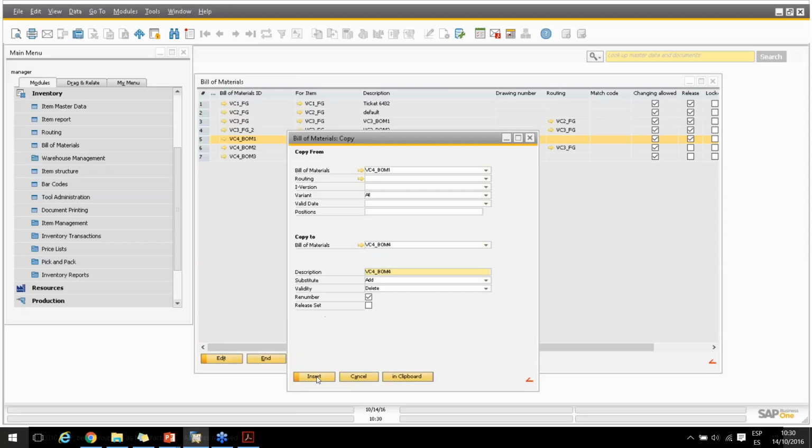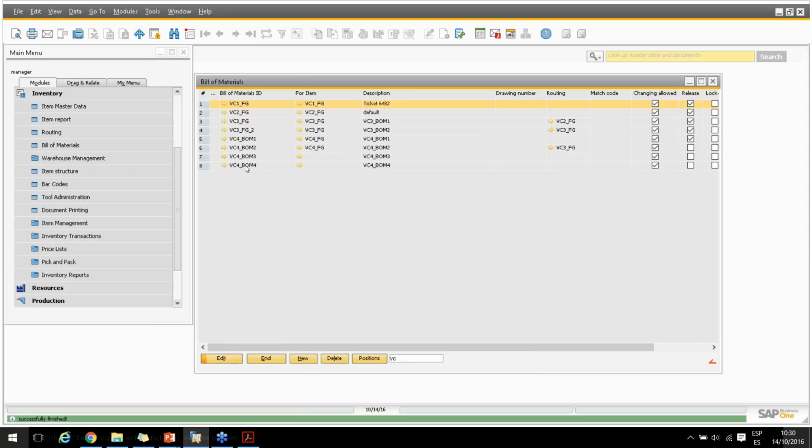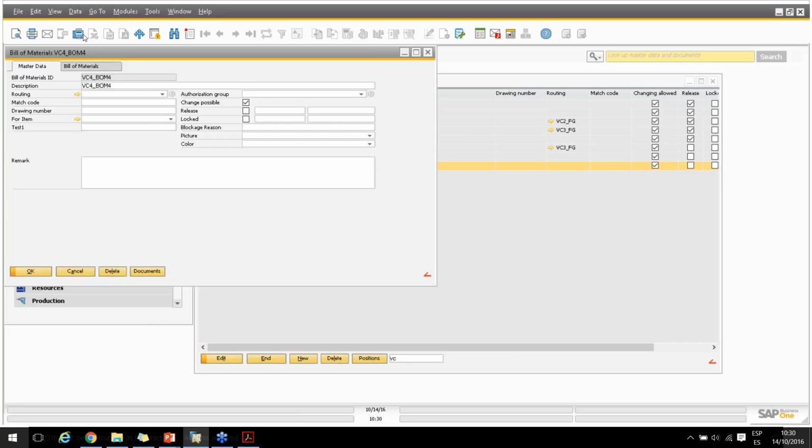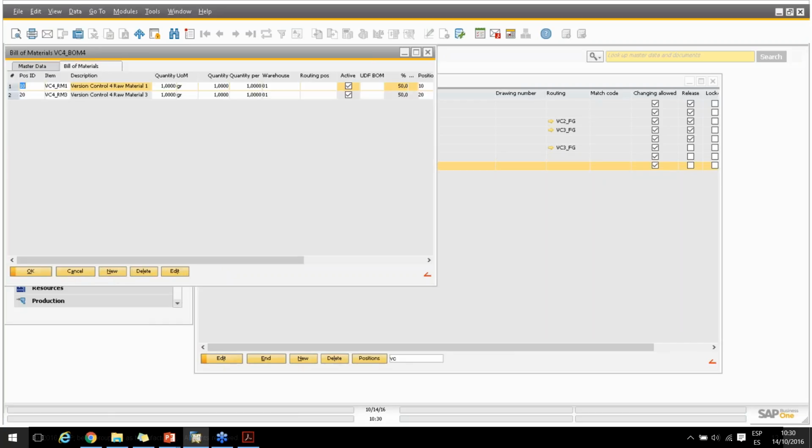Okay? And we insert, which means that now we have this new bill of material with the same items as the bill of material 1. What we can do is